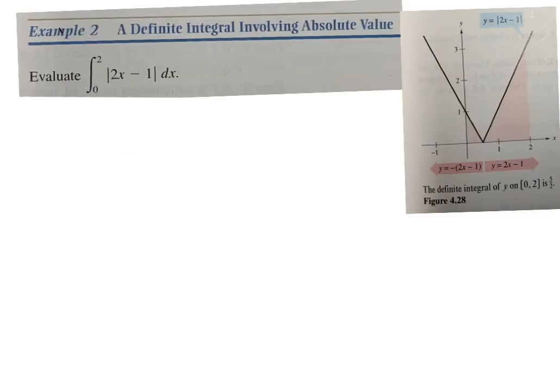Absolute value. So with absolute value, you have to consider the fact that there are two parts to this thing. It's when it flips places here. And so it is always going to be positive, and so you have to consider from 0 to 2 if anything makes it negative, okay? If anything makes it negative, then you have to do the opposite of that guy. And so for an absolute value, the first thing you want to do is set him equal to 0 and say, well, at x equals 1/2, I have a change, right? And if I put something in less than 1/2, so if I put a 0 in, this guy's going to be negative. So from 0 to 1/2,